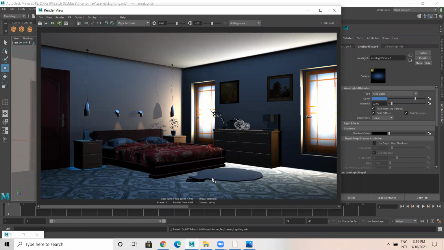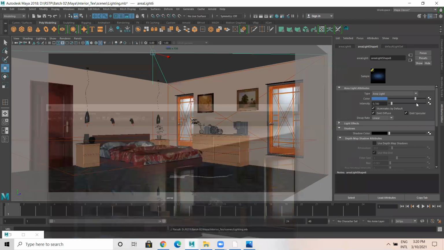Okay, got it? Yes. Now, since this is a day scene, I can have an orange tint or yellow tint so that you get a better output. Means day scene output. Okay. This is a day scene output. I can keep this. Okay. So try out. This is the output.